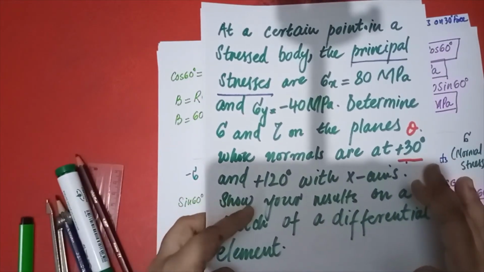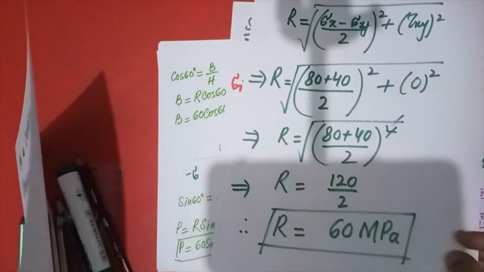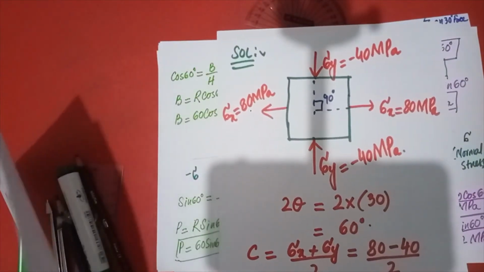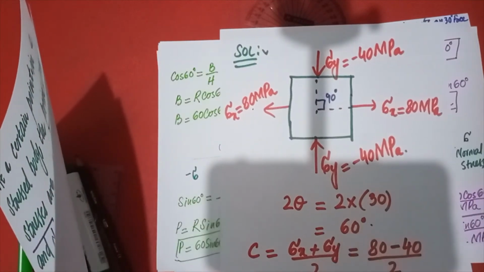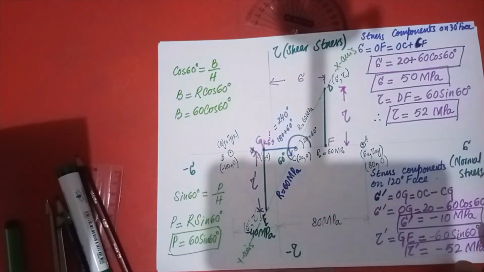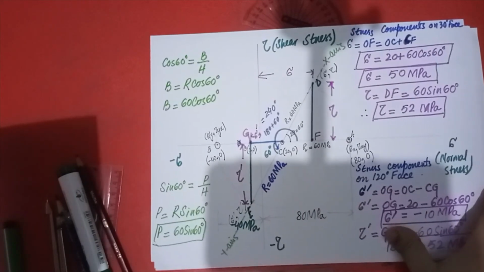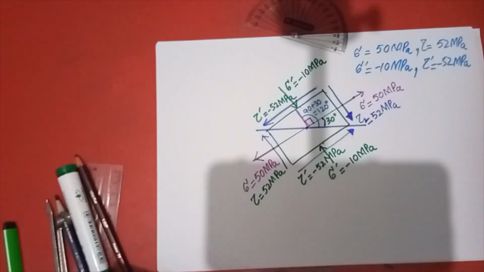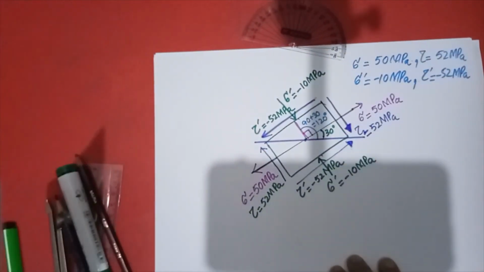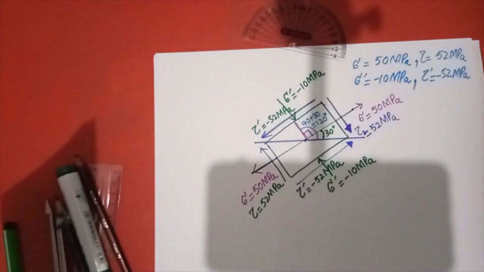Before I sign out, let me tell you, this is your question, in which you have to find out 30 degrees and 120 degrees, and I told you about this as well. Then how can you find the radius? I have already told you, because you have sigma x and sigma y. And then I told you how you can get twice the angle, and how you can get the value of c. In this diagram you can easily see how to draw your Mohr circle on the numerical. And when you have drawn it, how can you draw your differential element? By taking all these values. It is a very interesting and nice topic, and I am sure you will learn something good from me.